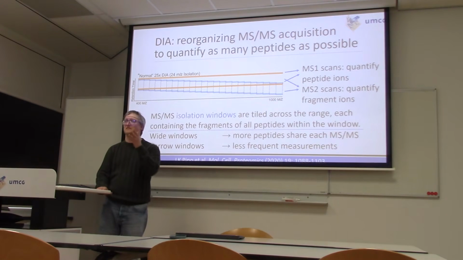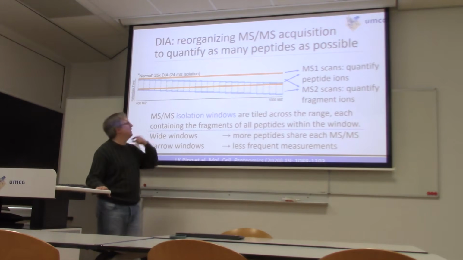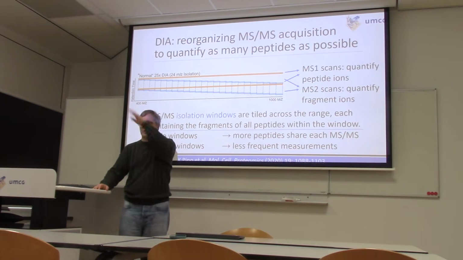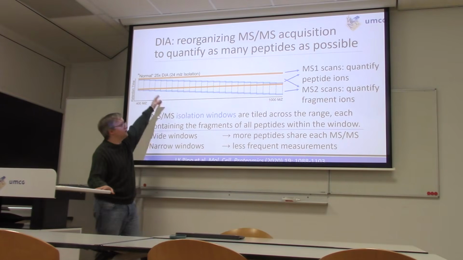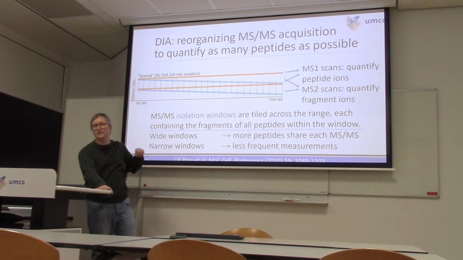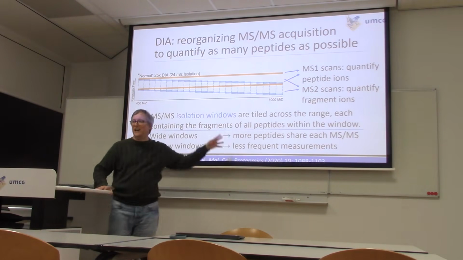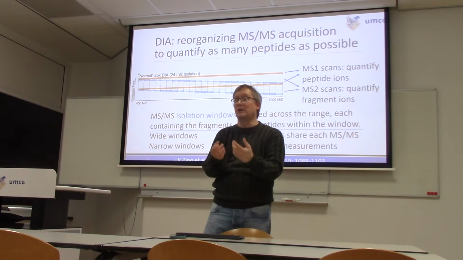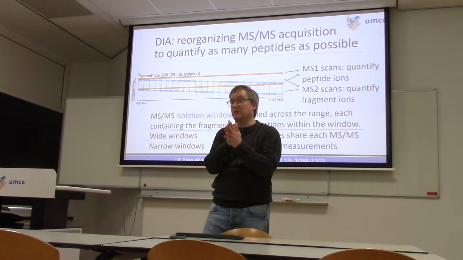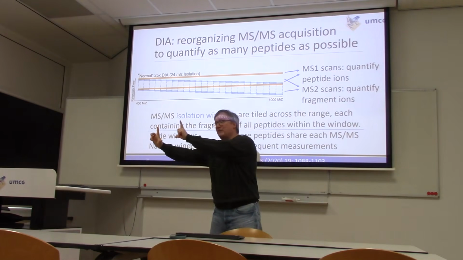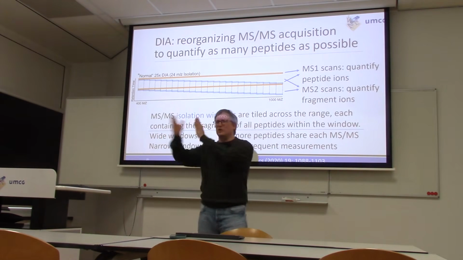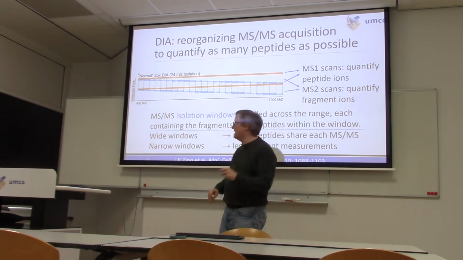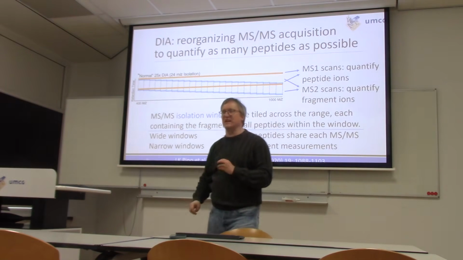I've been talking about MS scans, about mass spectra several times over. Those are represented here by the orange bars. So we have an orange bar followed by a whole bunch of these blue bars and then another orange bar. So this is 2 cycles of what's called a DIA experiment. The way that a DIA experiment changes is that instead of looking to collect tandem mass spectra of the ions that are intense in mass spectrometry, we're going to do a collection of MS scans that range in large tile spaces, essentially. Here we have isolation windows, this is a key term with this, that are 24 mass units wide,